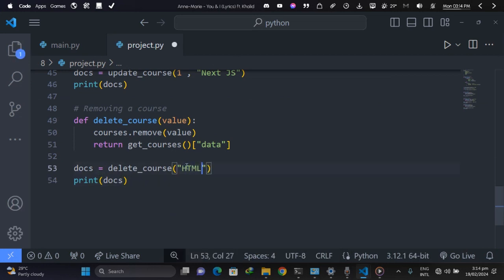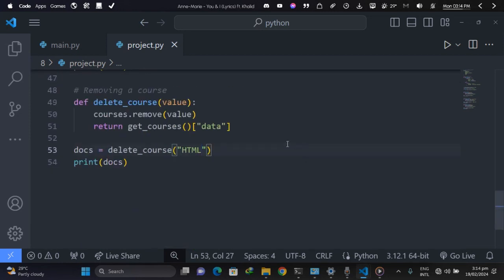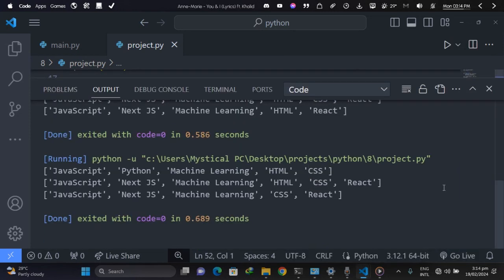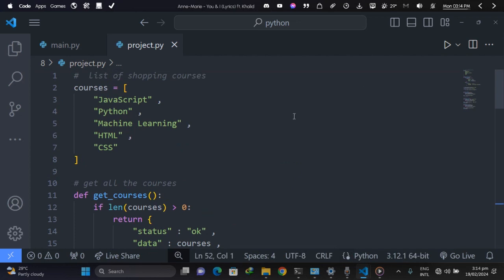So how about deleting HTML? Let's delete the HTML course. So hopefully if I run my code, we'll not have our HTML course, but we'll have our CSS course inside our list of courses. So this is just a simple application or a simple project to just get you started